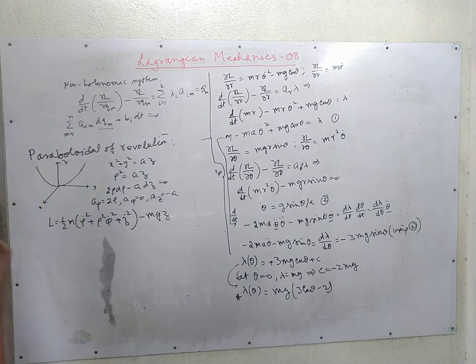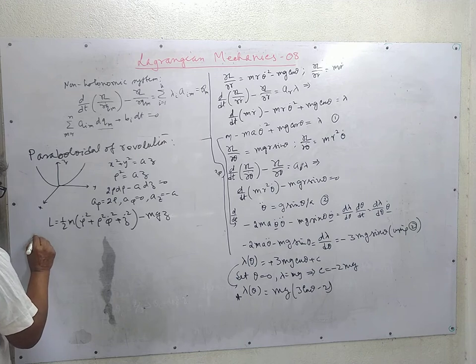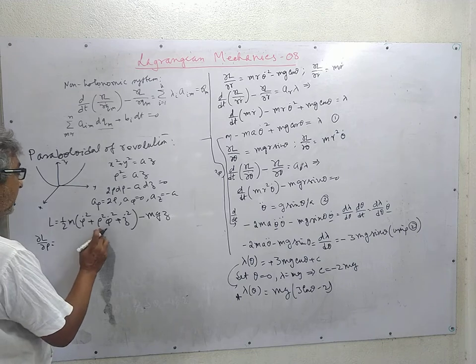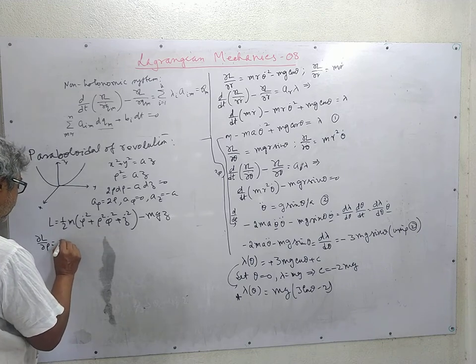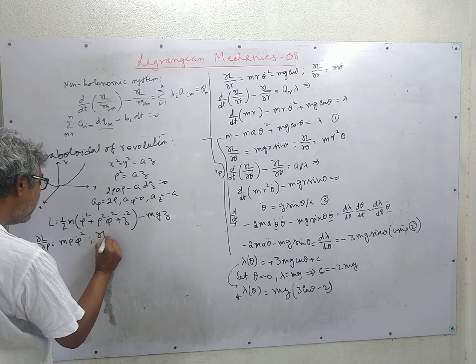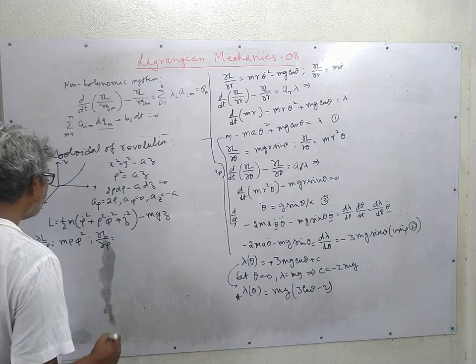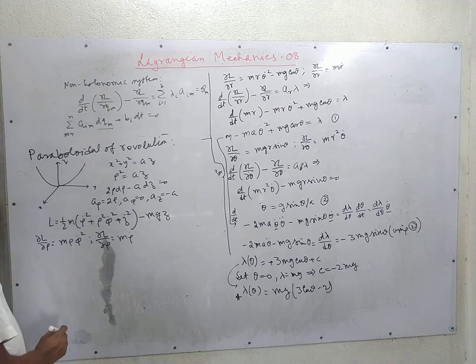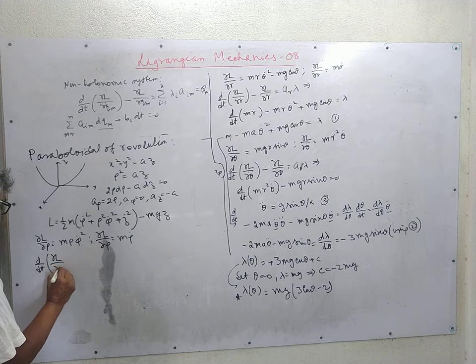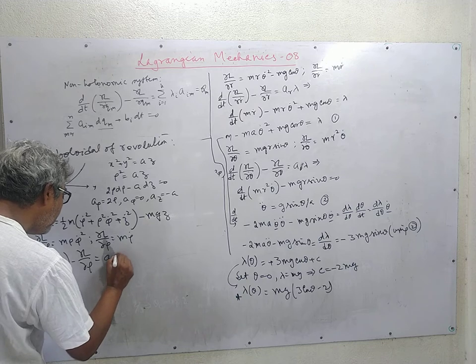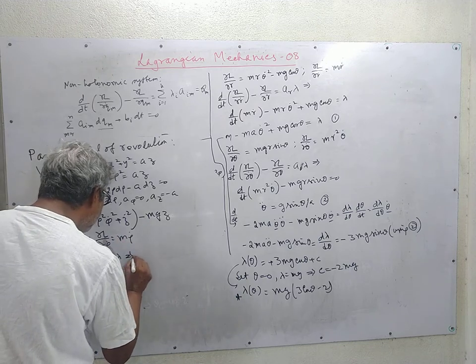So the ρ component: ∂L/∂ρ is mρφ̇² and ∂L/∂ρ̇ is equal to mρ̇. So the corresponding equation d/dt of ∂L/∂ρ̇ minus ∂L/∂ρ is equal to Aρ times λ gives us